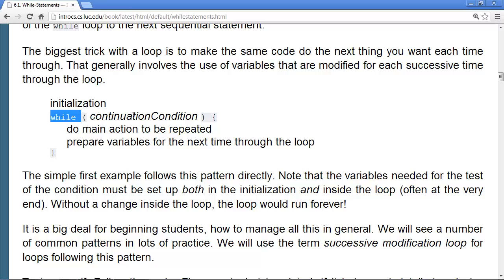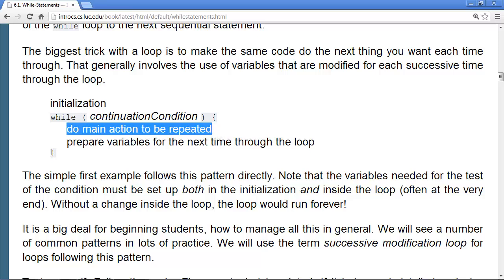So then we come to the heading where you test, and after the initialization, if this condition is true, then we go into the loop. You're typically going to start off with the main thing that you actually want to be doing repeatedly, some kind of code that says how to do that the first time, at least.